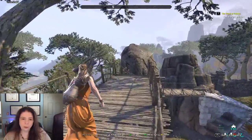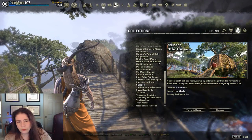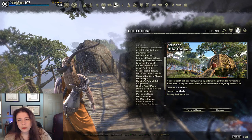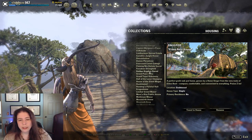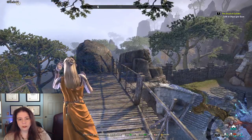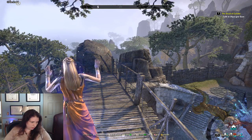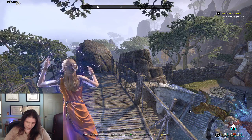I think what I'll finish up on is showing you the interior of my Forsaken, because I showed you the outside last couple episodes ago, and I never showed